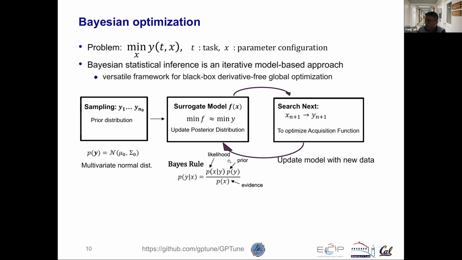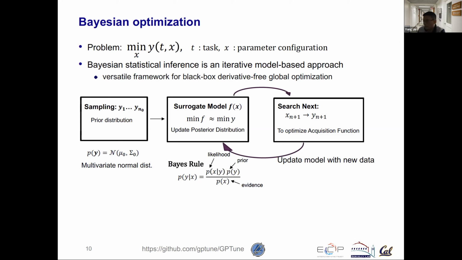distribution, which is essentially the product of the likelihood times the prior probability. In fact, we can assume this y follows some model f that is characterized by some hyperparameters. Then by maximizing the likelihood given these known samples, we can optimize the hyperparameters of the model f. Then after the model is built, we use the model to predict the next sample point. For example, this xn plus 1, then we call the true objective function to get yn plus 1. And then we go back, we'll have one more pair of samples, and then we go back to this modeling,